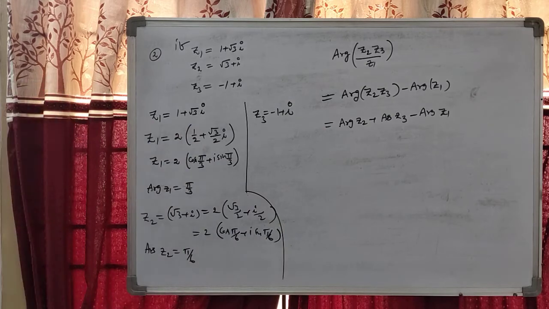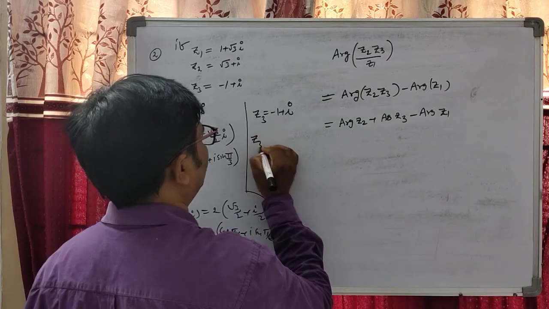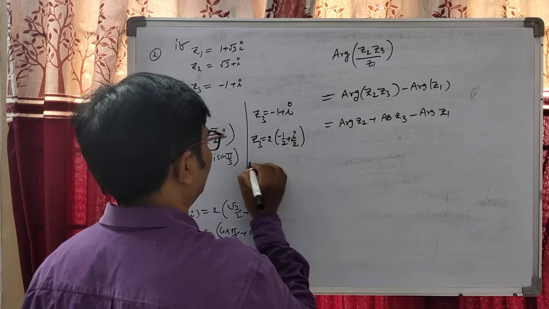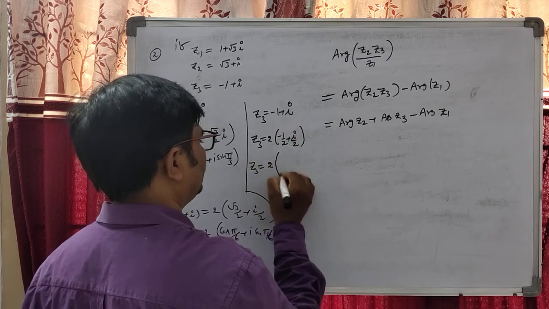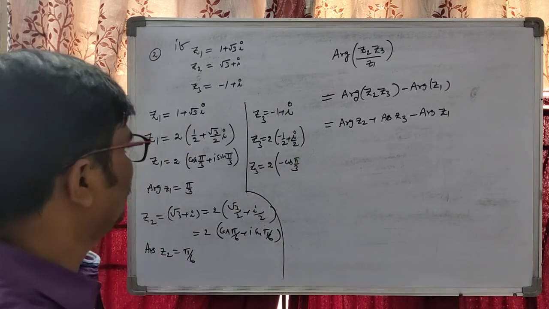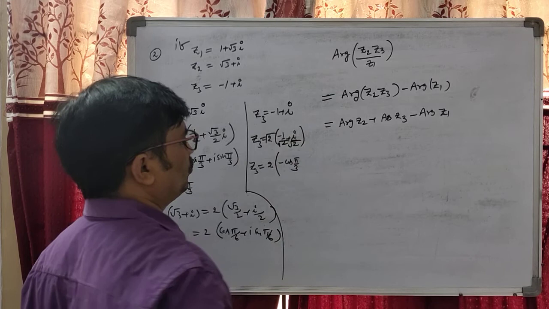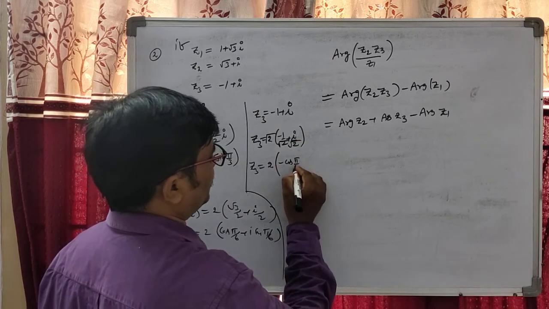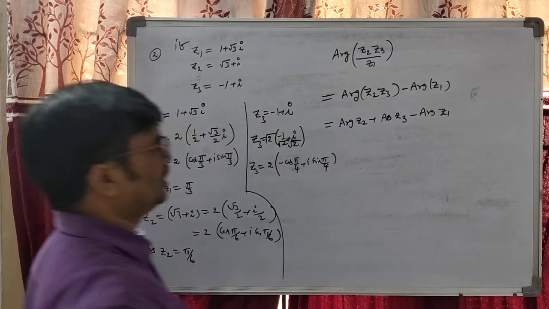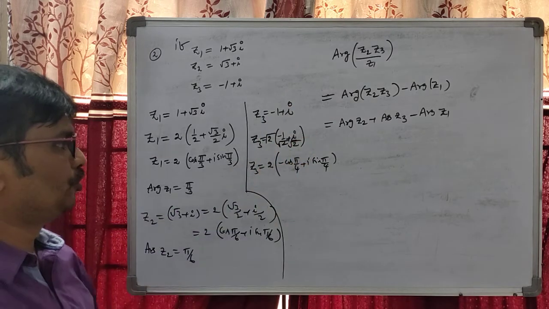Minus 1 plus i. What is Z3? Z3 is minus 1 plus i. So students, Z3 equals 2 into minus 1 by 2 plus i by 2. Sorry students, what is the modulus? Root 2. We know that 1 by root 2 is cos pi by 4 plus i sin pi by 4. Modulus is the root of minus 1 squared plus 1 squared, that is root 2 into root 2 by root 2.